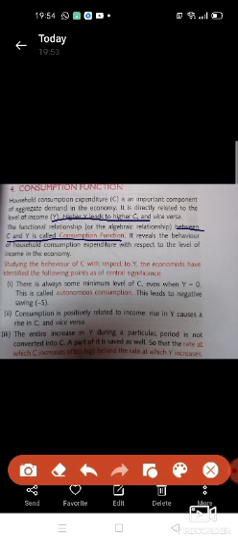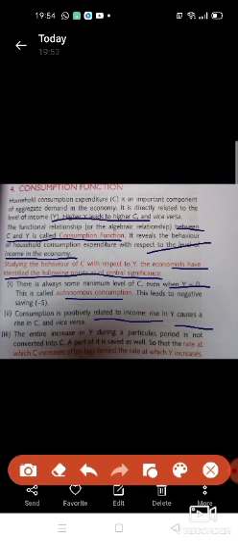It reveals the behavior of household consumption expenditure with respect to the level of income in the economy. Studying the behavior of C with respect to Y, economists have identified the following points of central significance. There is always some minimum level of C, that is consumption, even when Y equals 0. Obviously, when income is 0, our needs cannot be 0. That is the reason it is called autonomous consumption. Consumption is positively related to income. A rise in Y causes a rise in consumption and vice versa.